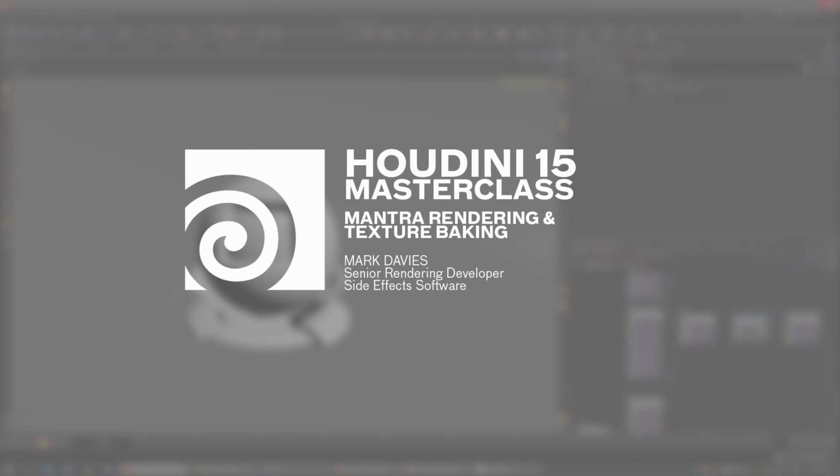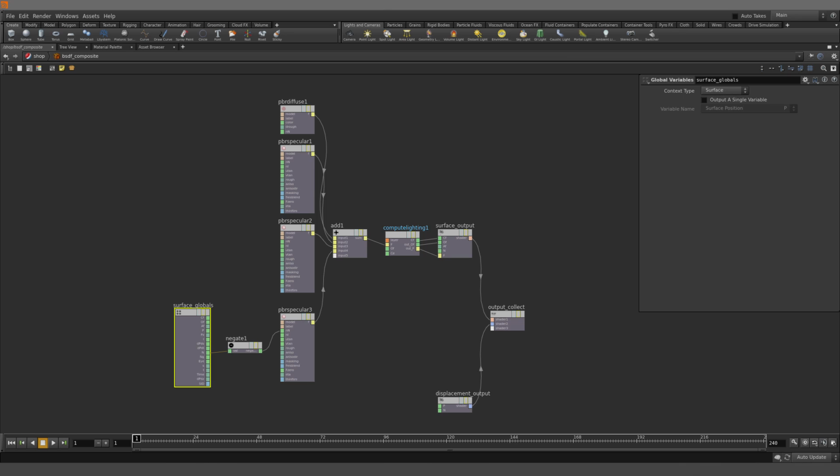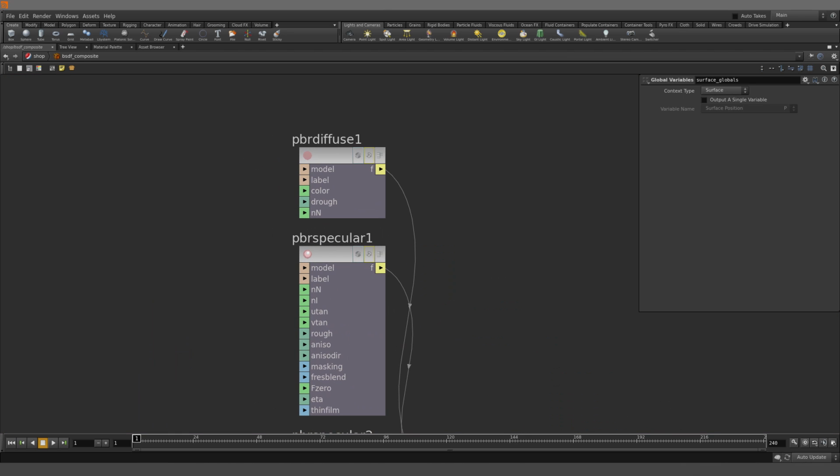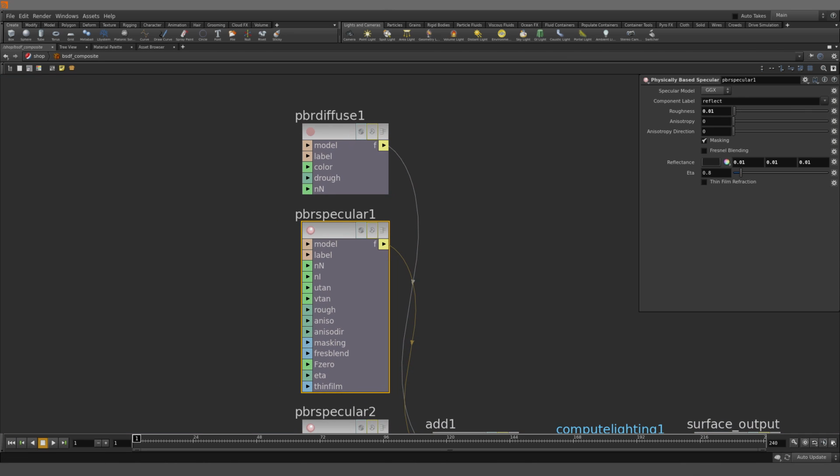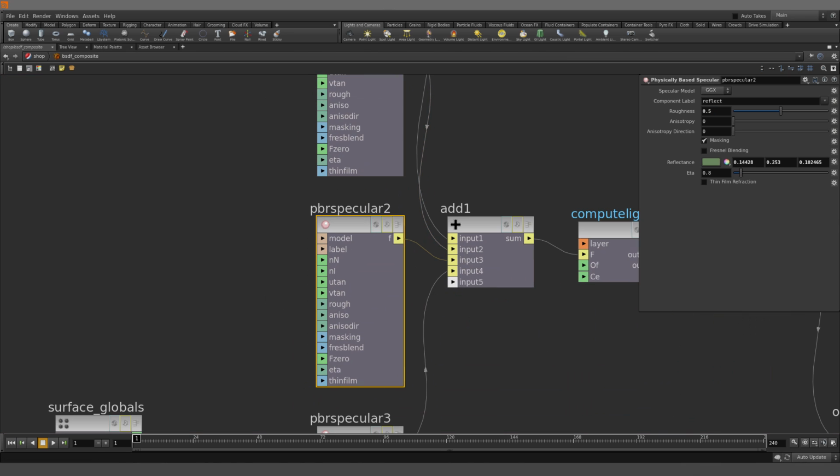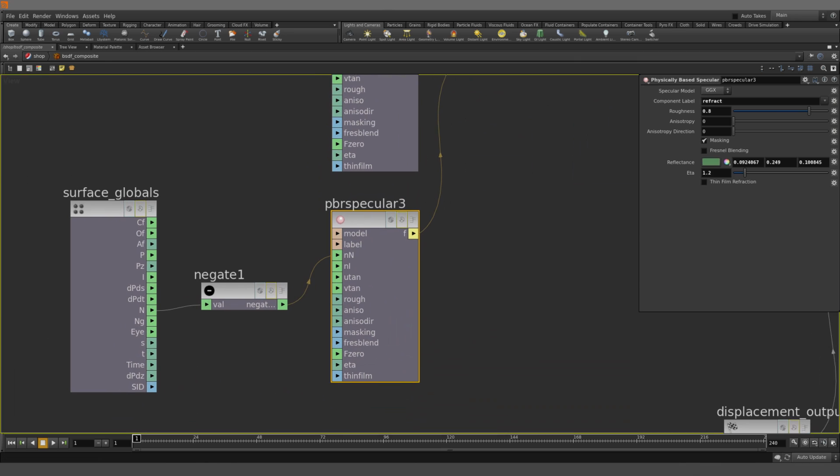I'll be presenting a masterclass on the Mantra renderer and advances in Houdini 15. So I've prepared a bit of a presentation. There'll be portions of it that will be done through slides, and then we'll walk through some examples with the renderer itself. So I'll first give you a bit of an outline in terms of what we'll be covering in